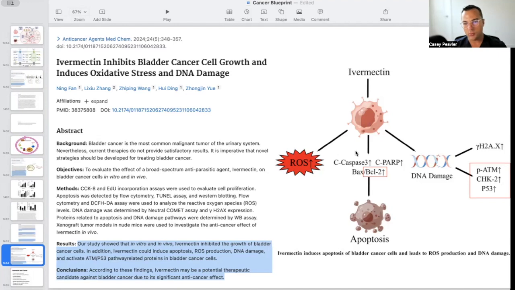And we see here that ivermectin is going to increase reactive oxygen species. It's going to ultimately activate these caspase-related proteins and apoptosis-related proteins. It's going to lead to DNA damage of these cancer cells, and it's going to lead to apoptosis or programmed cell death of the cancer cells. So pretty exciting